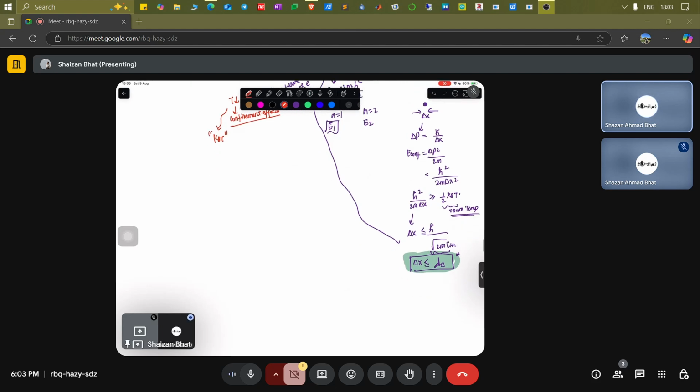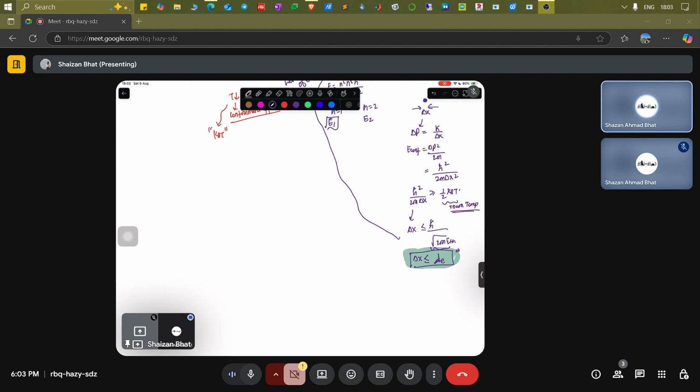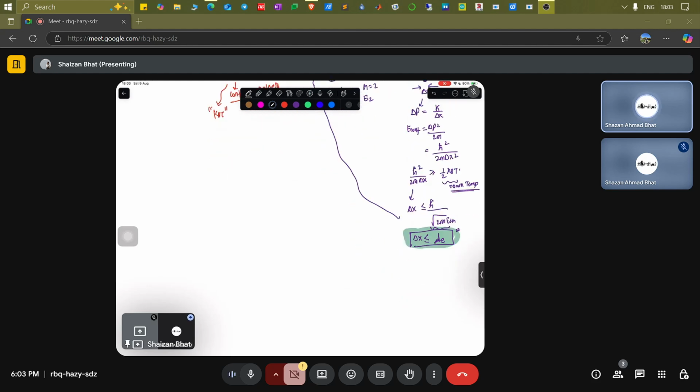Now we are just going to be very fast because 1 hour is over. So I'll just try to briefly summarize the other things which are necessary. We have talked about quantum, we have talked about particle in a box. You know the particle in a box problem. I'm not going to cover this because this is just like a prerequisite.